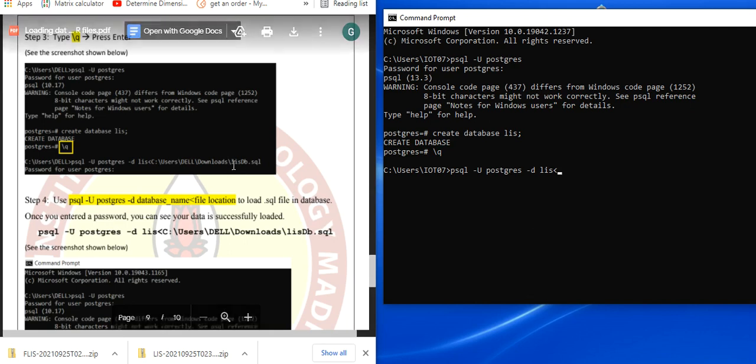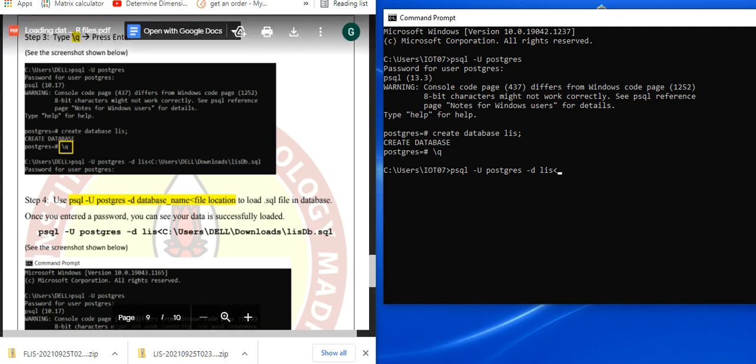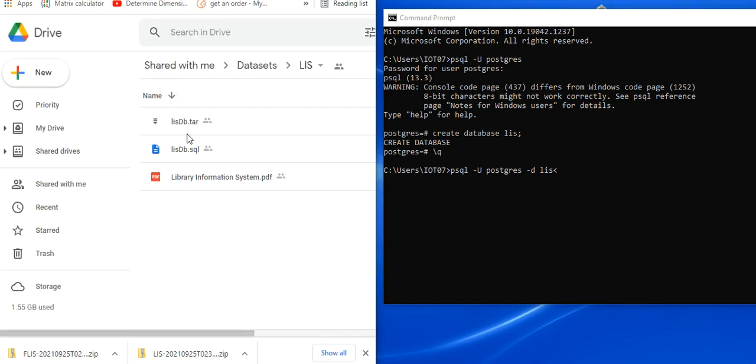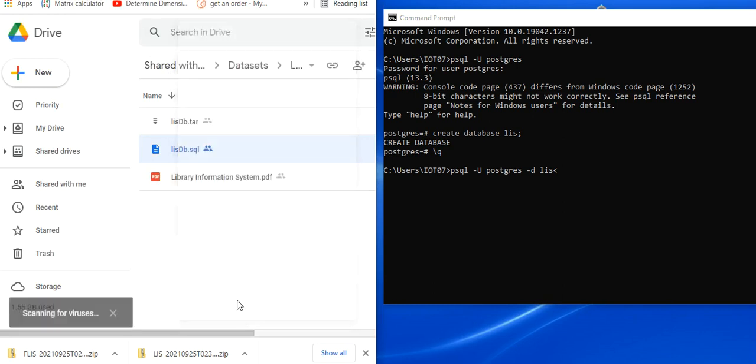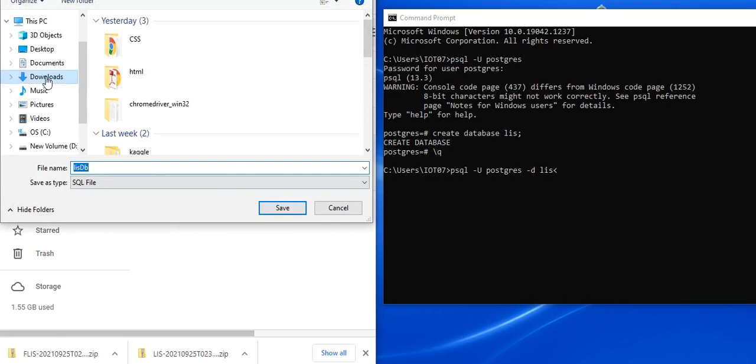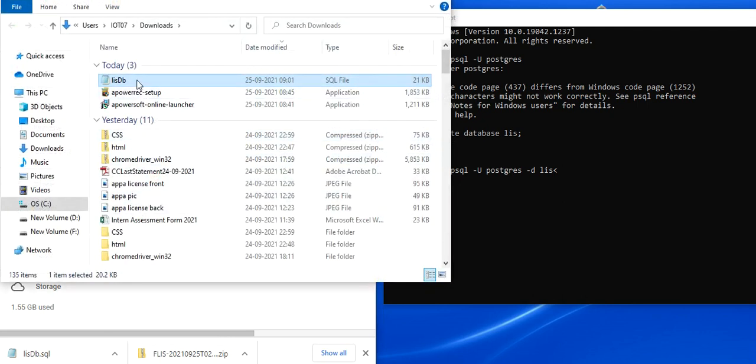See here, this is listdb.sql. We just need this SQL file. Where will you find this? See here, the listdb.sql file. You just need to download this. This should be enough. You don't need to download everything. It will ask where to download. I'm just downloading it in the downloads itself. Okay, it has been downloaded. I'll just make sure. I'm just opening it. So it's here,